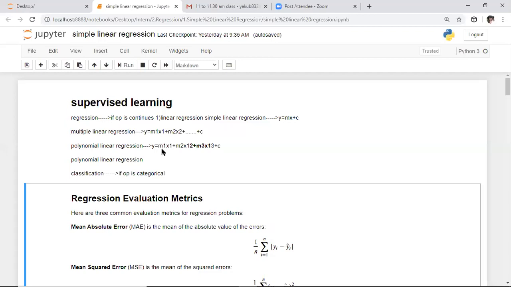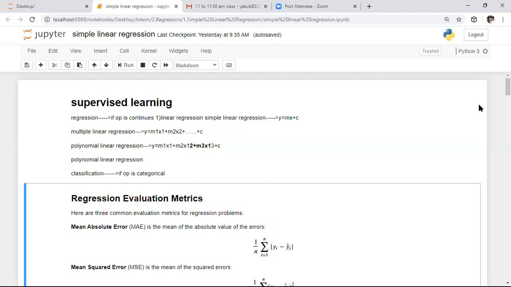Remember this simple thing. It is not the intercept, it is the coefficient. Based on the coefficient, we say whether that model is linear or not. Here we consider all the coefficients as linear coefficients only. That's why we can say this polynomial regression model is also a linear regression model.